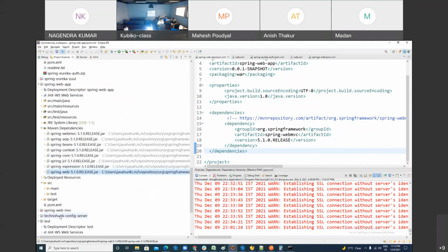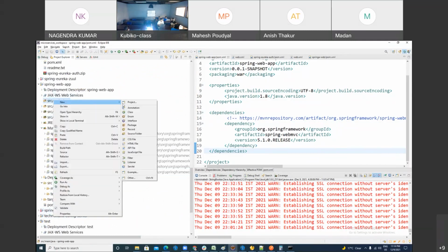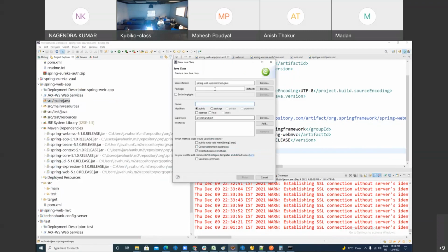For Spring I have already added the dependency. Let me show you some programs, okay? So you need to just answer me. I'm making com.spring.logic and making a Vehicle class.